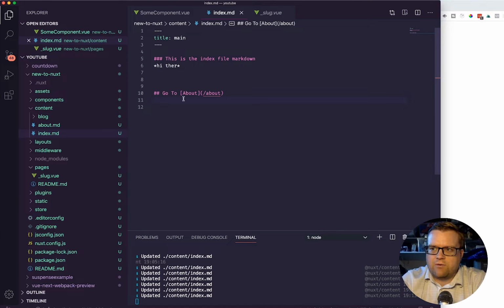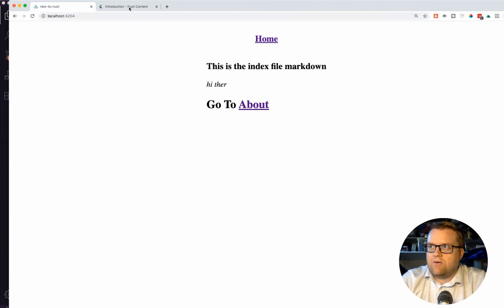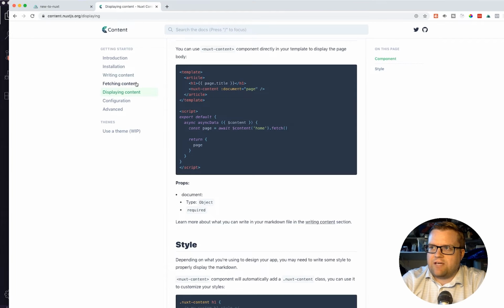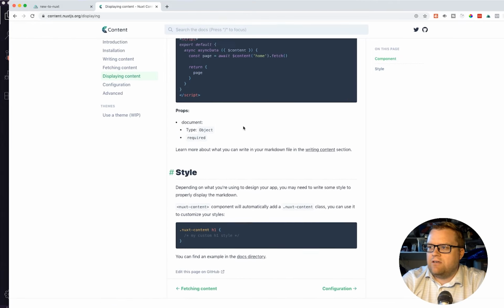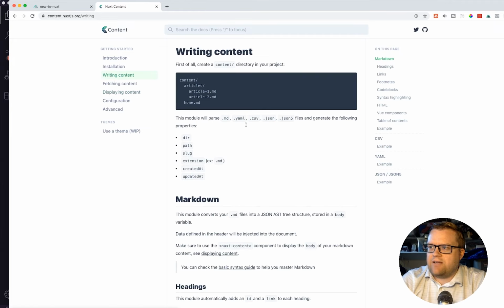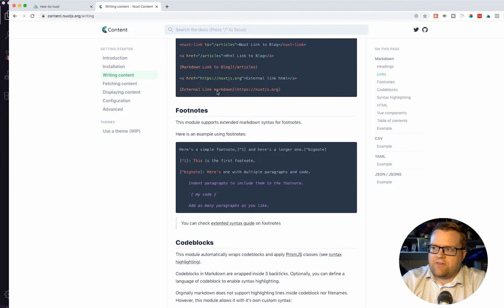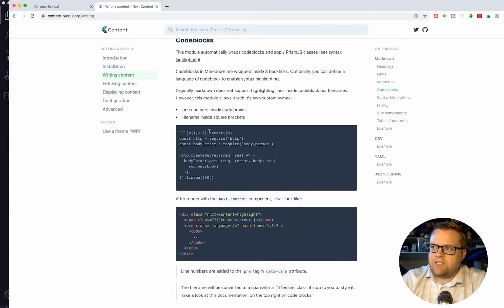But what I want to show you is a couple of other things. One is you can display built-in content. If you look at, I guess it's under display content, writing content, you can add, like I said, different links, you can do footnotes, but you can also do code blocks. So look at this. If I just put in this code block here